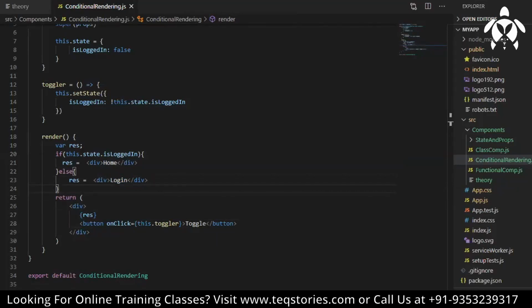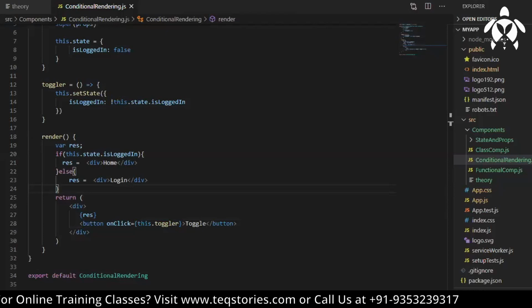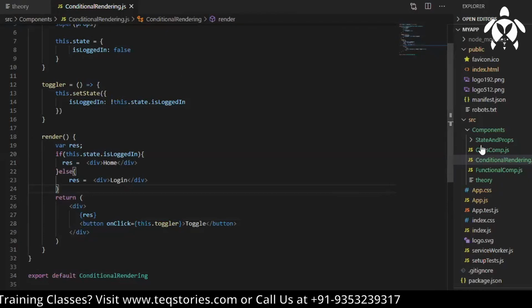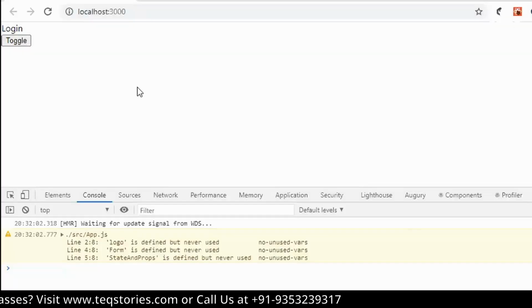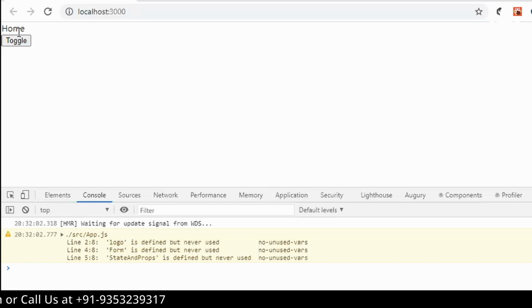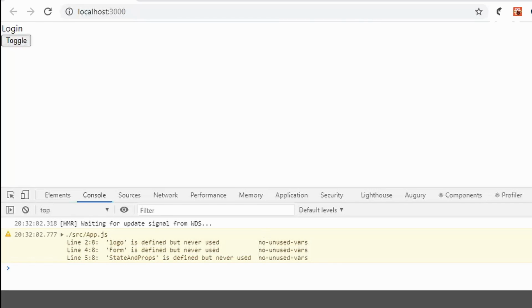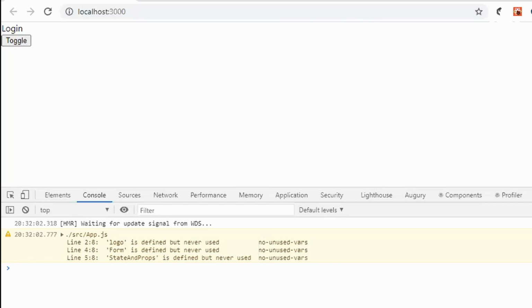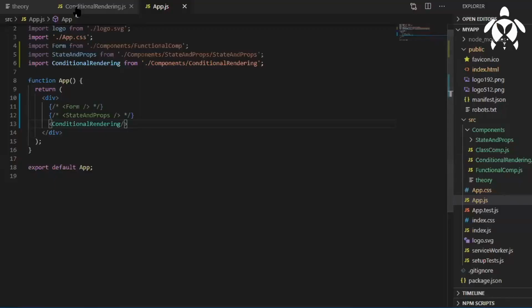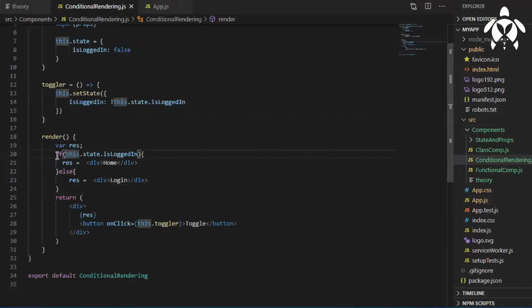First of all, we are not rendering that component. I need to go to the app component, and you can see I'm able to see the login, right? When I toggle, it is home. Toggle back, it is login, login, home, right? So I can write if-else, but only within a function.